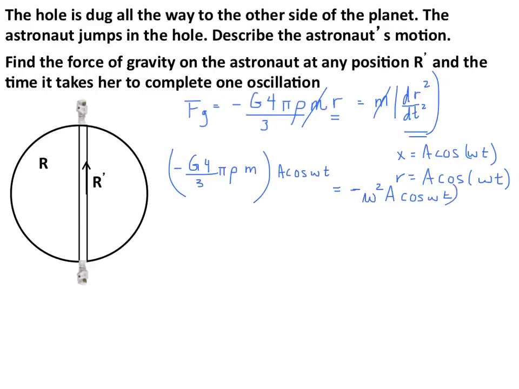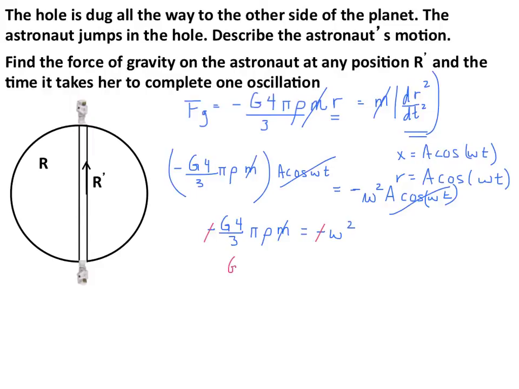If you don't remember any of this, you should definitely go back and review the simple harmonic motion video. Again, A cosine cancels out with A cosine, and we're left with negative G 4/3 pi rho. Again, our mass is canceled out. Here, these negatives can cancel out,